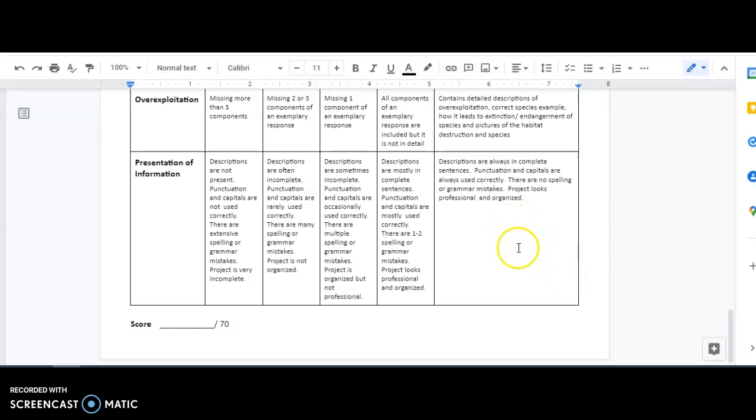Professional and organized is nice. If you change the background, make it look pretty, oriented to what we're trying to do, so that you can get the most points possible. Make it look professional. I would point out that the score is out of 70 points, so this one's worth quite a bit, and it can add a lot of